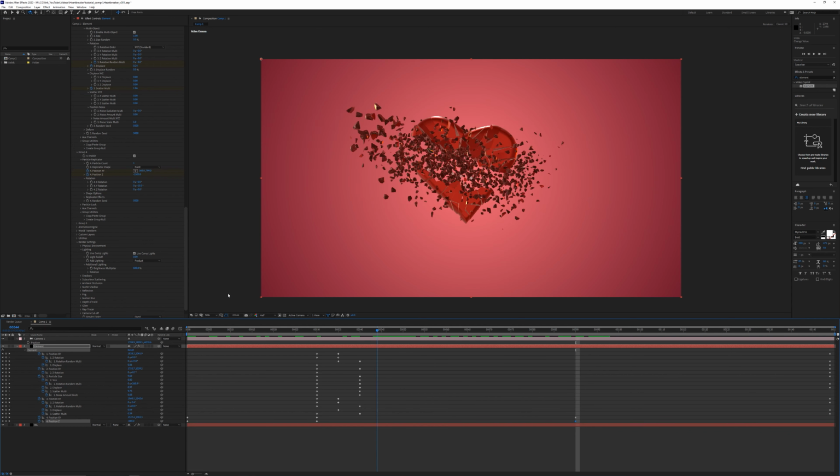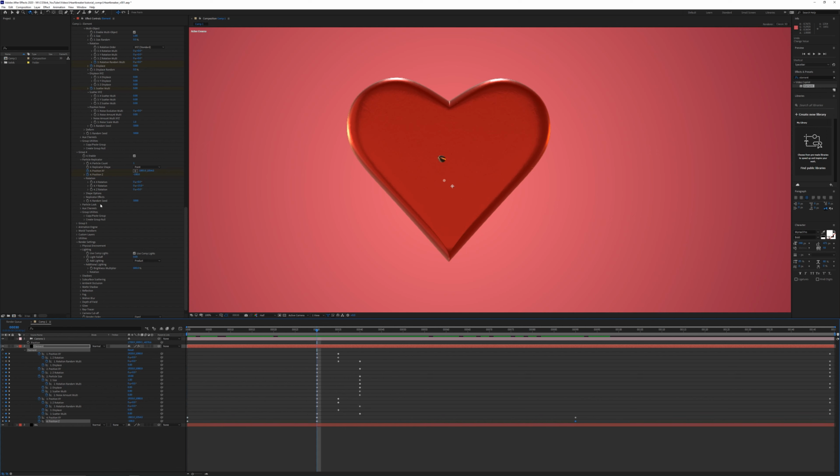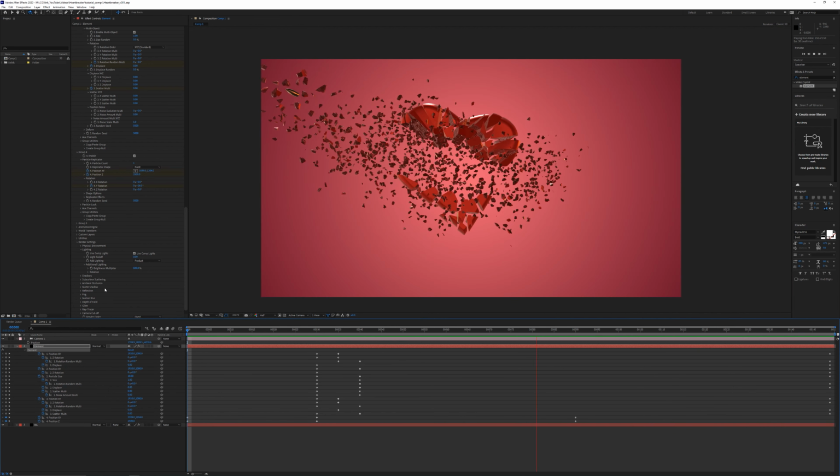Not really necessary that we do that because it's going to be moving so quickly and blurred, but we can go ahead and do that if we want to. So on frame 30, it's good at 15, and then let's go to the very beginning and then just rotate that around a little bit more. So it's maybe 25-ish. Something like that will be good.